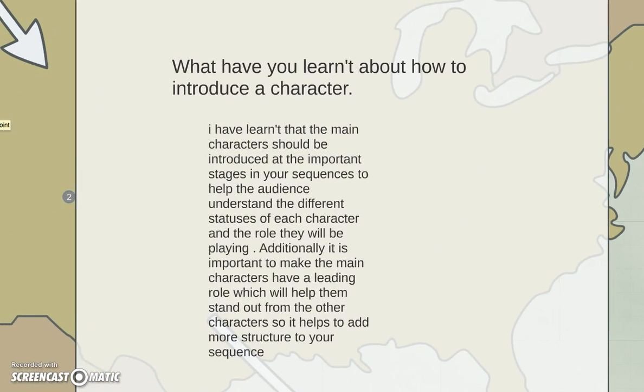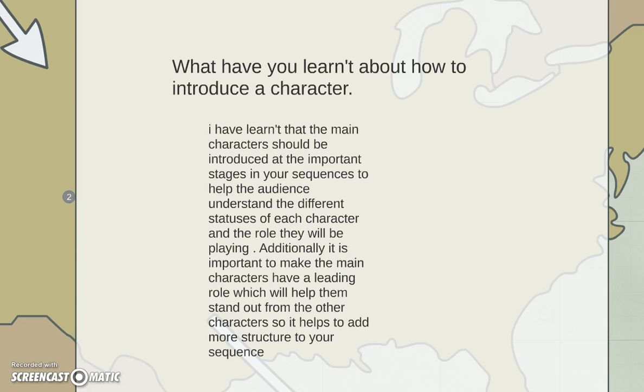The first question asks what I've learned about how to introduce a character. I've learned that the main character should be introduced at the most vital scenes and important stages in the film trailer, to help the audience understand the different statuses of each character and the role they will be playing. This is essential to establish which character plays what, whether they're the protagonist or antagonist. Such as in our film, we have Trinity, who's the antagonist, and the bully, who was the protagonist character,